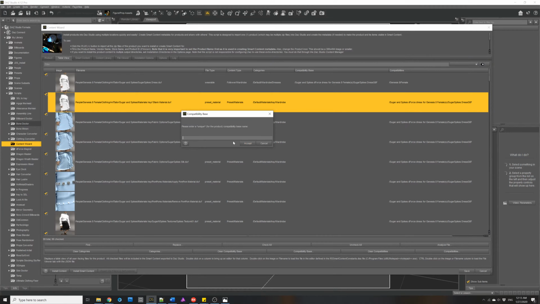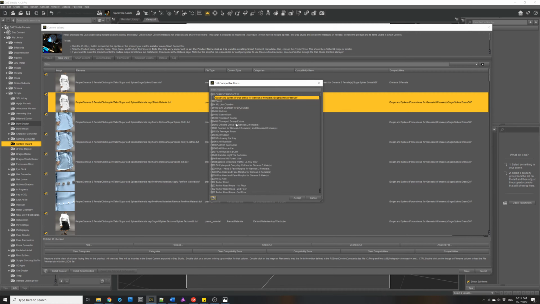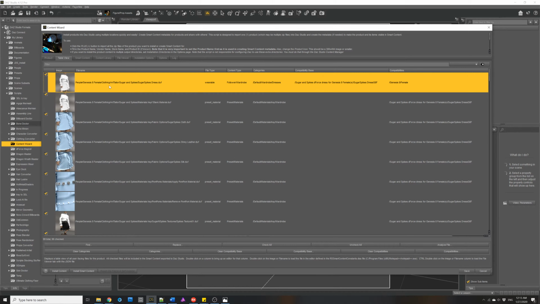The compatibility base, you can give a unique name and it'll enforce it. If you want to change things to say this is compatible with more than just this dress, you double click this, and here it loads all the products that are in your Daz Studio, and you could open them up and select others. And it shows the current product at the top. So once you're happy, I'm not going to go through all of these. You just,